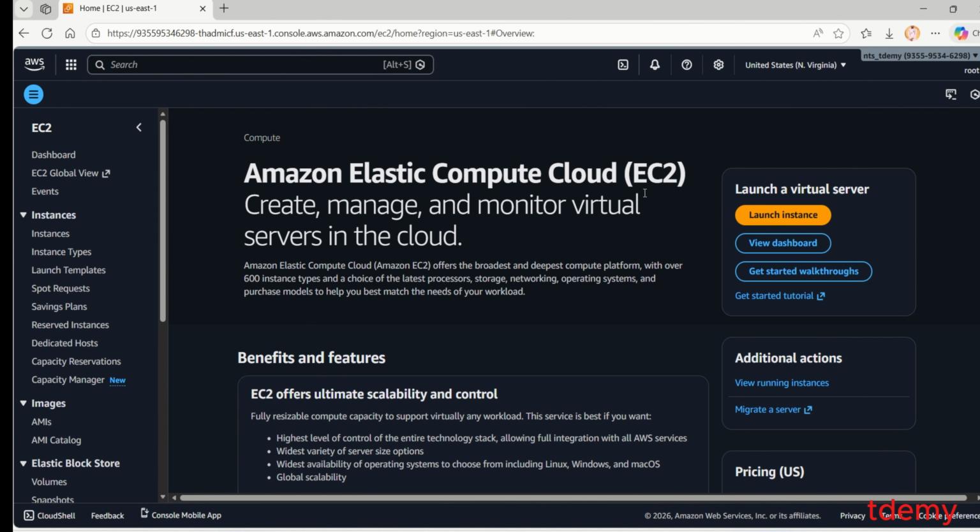Now this is your EC2 dashboard, which is a regional service. It's a regional service, which simply means if you create your EC2 in a particular region, you cannot access it in another region unless you do something known as migration, creation of an AMI, which we're going to see in the next video. So just to give you a summary of the EC2 dashboard,